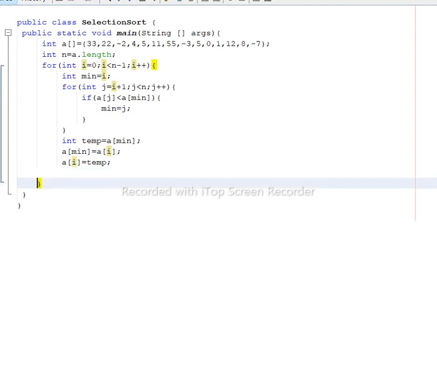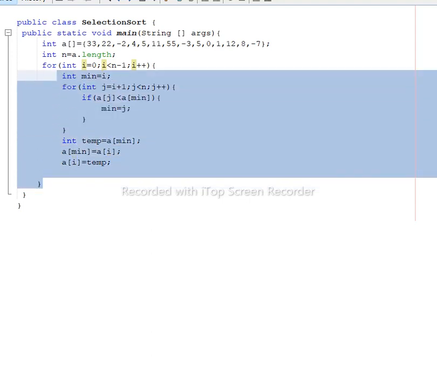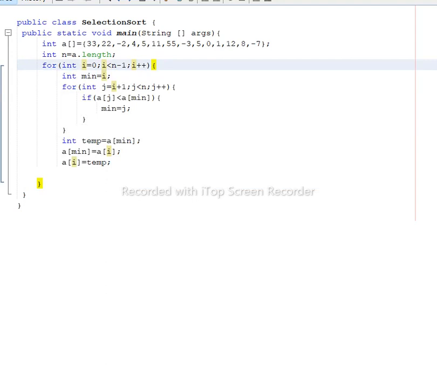So this code will be repeated until this for loop condition is false. After it becomes false, the sorted values must be displayed here. To display the sorted values, we need another for loop: int k equals 0, k less than n,